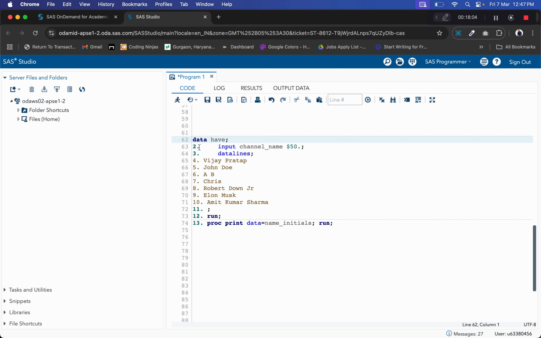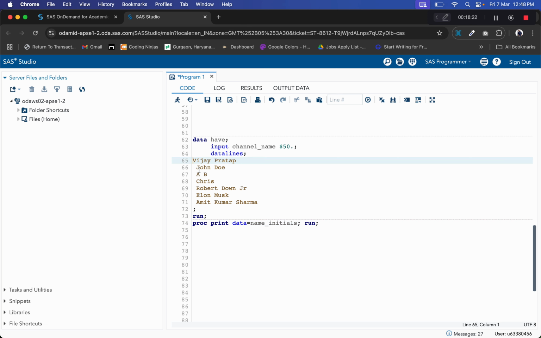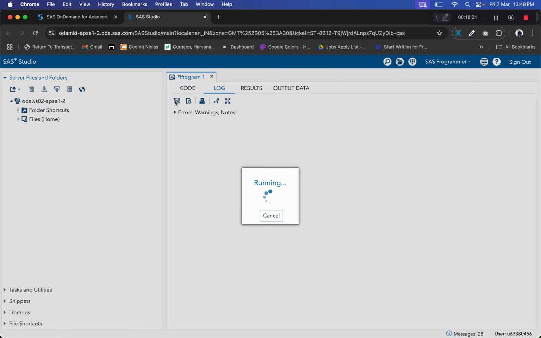If you can see in this dataset, we have multiple names: Vijay Pratap, John Doe, Chris Price, Robert Downey Jr., Elon Musk, and there are multiple names. Okay, so let me fix this very quickly, and I will show you. So let me generate this dataset first.